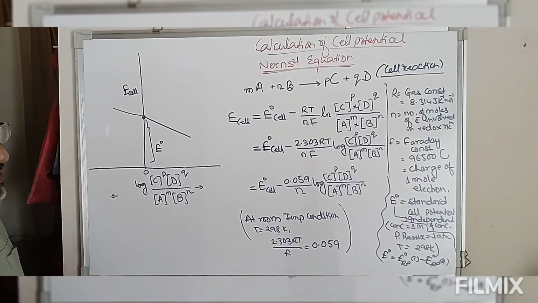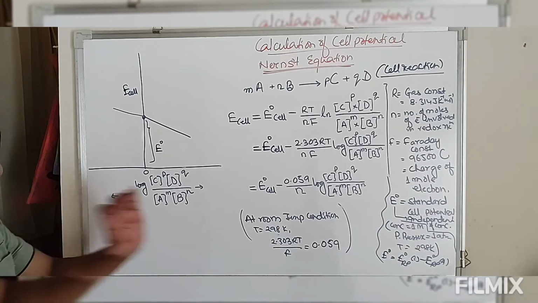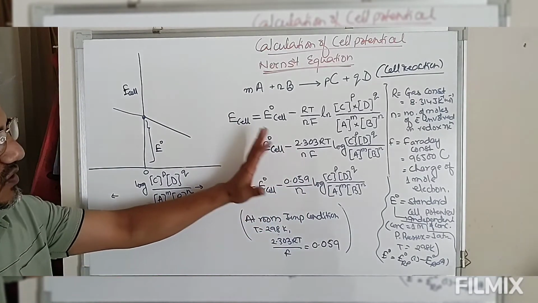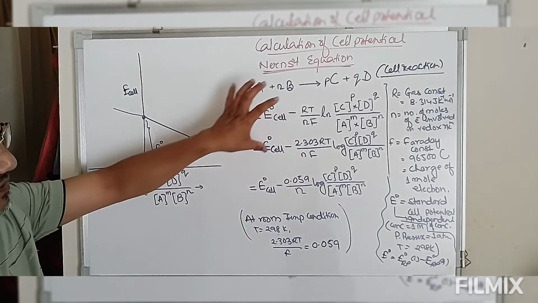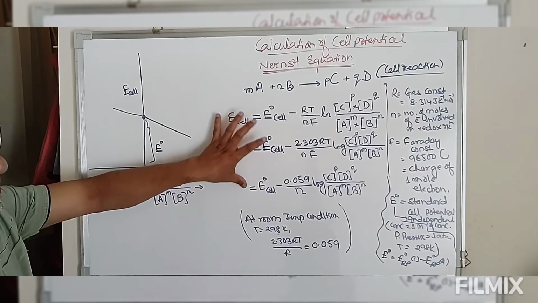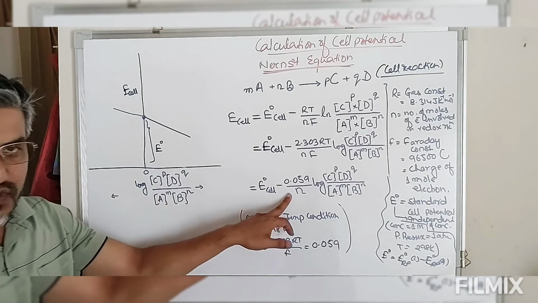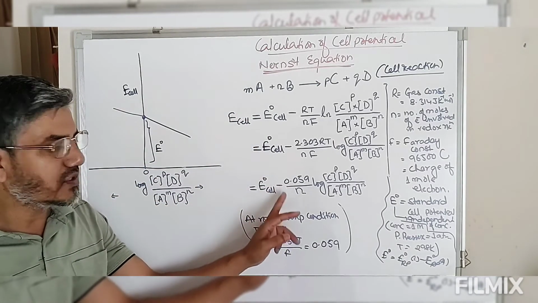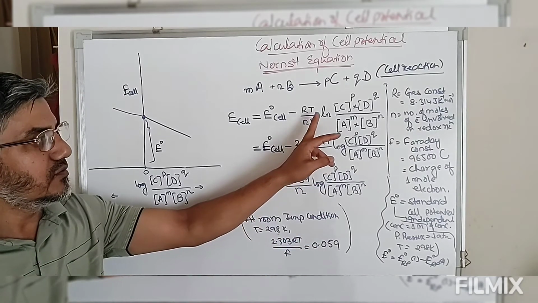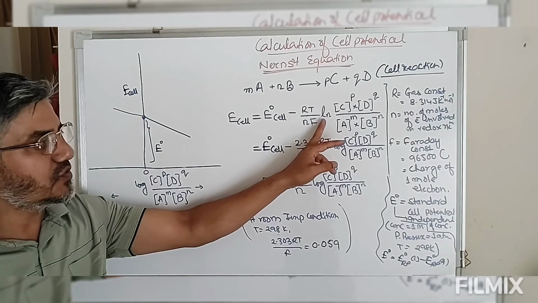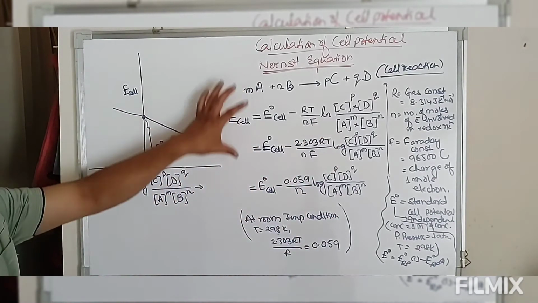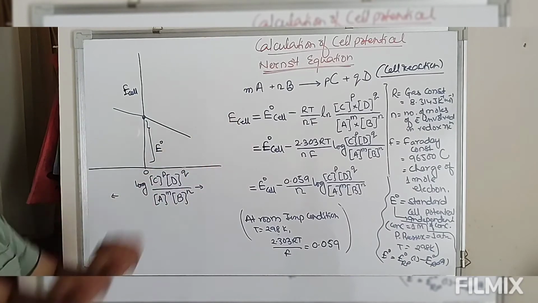So we have to be very careful while expressing the cell potential with concentration. This is what we call the Nernst equation. While solving problems, we have to use this logarithm equation, because all the logarithm values are mentioned for log base 10. So if the question is given in this form, please convert it into this form. This is what we call the Nernst equation.